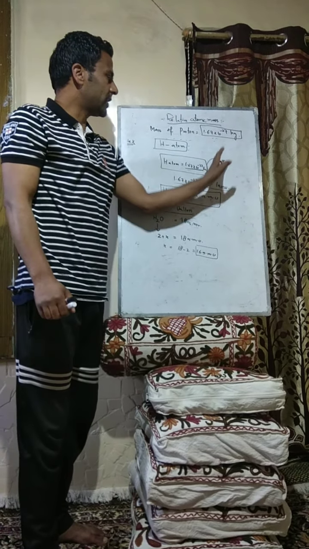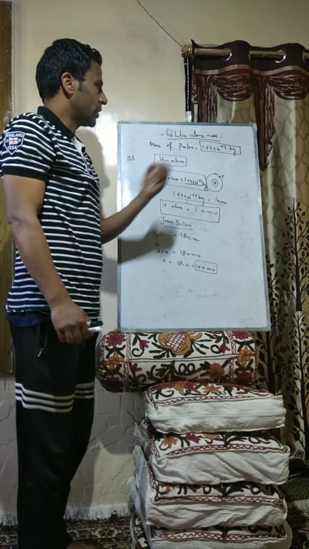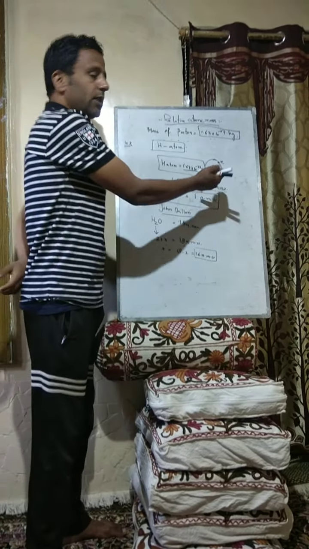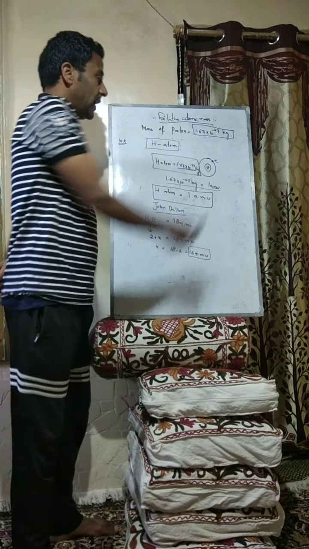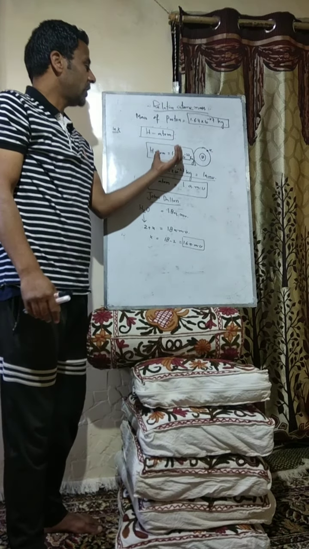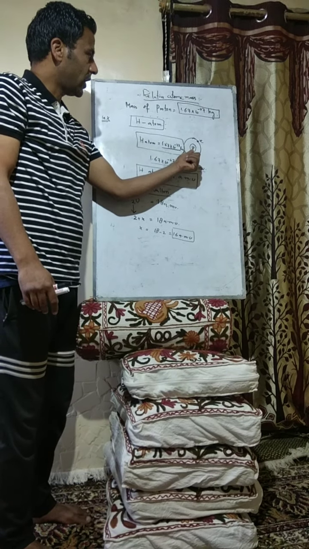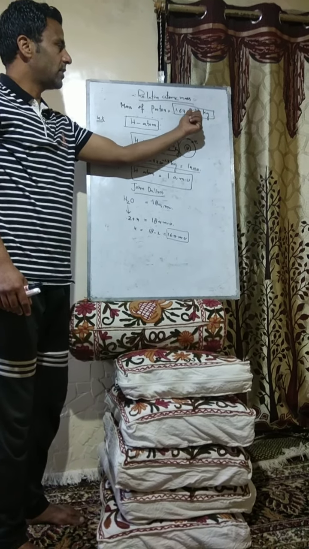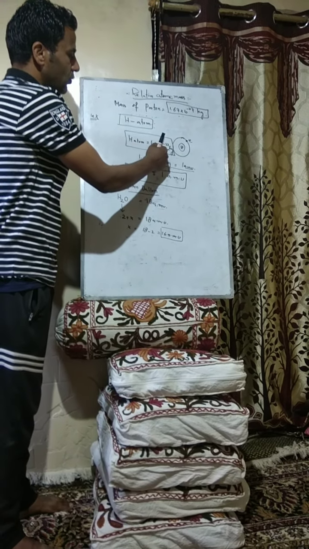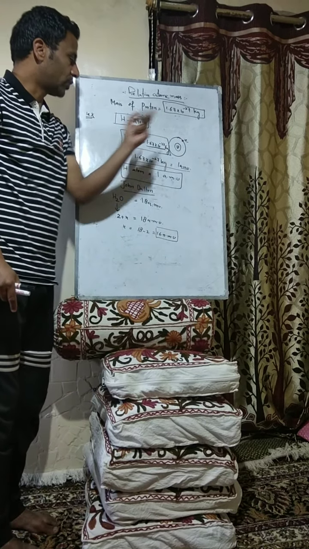An atom contains the electron, proton and the neutrons. The mass of the electron is negligible as compared to the proton. Now let's take the hydrogen atom. Hydrogen atom is the only element in the periodic table which contains an electron and a proton but does not contain a neutron. So the mass of the hydrogen atom is only due to the presence of the proton. Since the mass of proton is 1.67 x 10^-27 kg, we can say the mass of hydrogen atom is equal to 1.67 x 10^-27 kg. That is equal to the mass of proton.